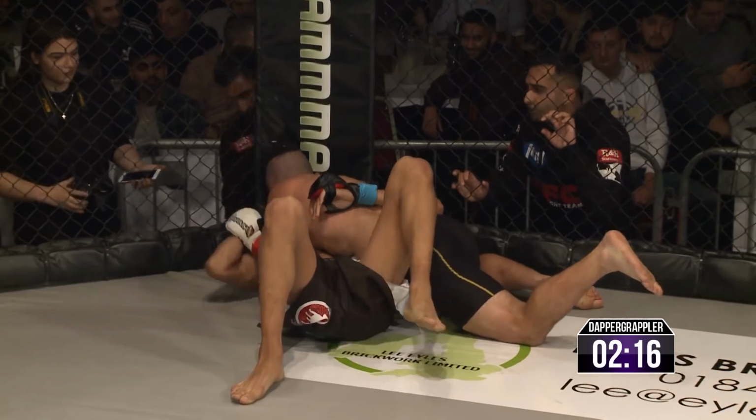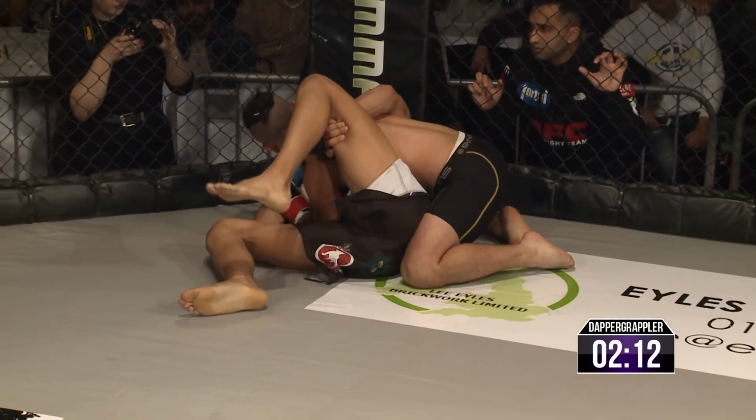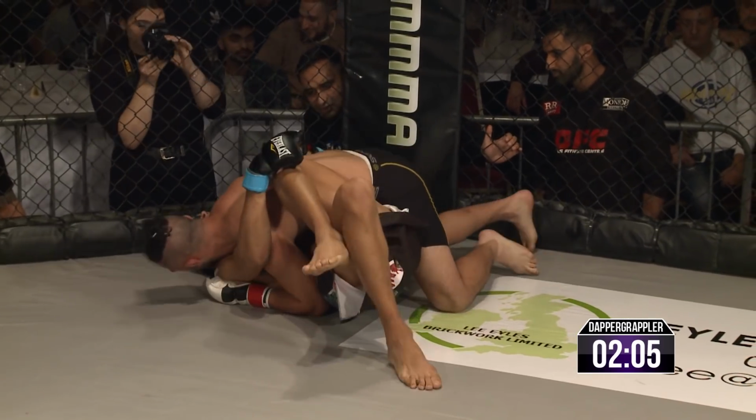He got it passed straight away. We used to say, right, when someone does that, it shows they're not really trying to advance their own position. It's all defense. There's not really much the guy on the bottom can do holding that, except hope that the guy doesn't pass. And eventually when he does pass...